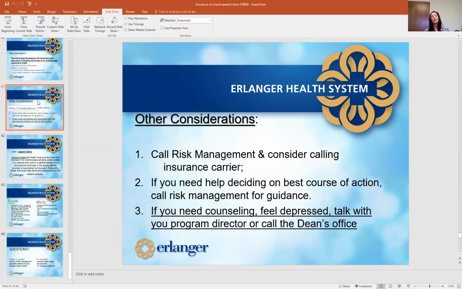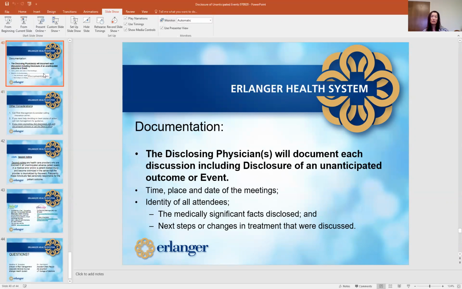From a legal standpoint, the reason I like to see that documentation is sometimes there's a question about when the statute of limitations in a malpractice case starts to run. But if we have a clearly documented disclosure discussion, then the patient can't later come back and claim, well, I didn't know about it at that point. I didn't find out until 2 years later when I go to this other doctor who says, hey, this doctor did X, Y, and Z. We want to avoid that. Well, if we have clear documentation around the disclosure and who was present, what was disclosed, only the facts, and the date of that, you're good. That's good documentation.